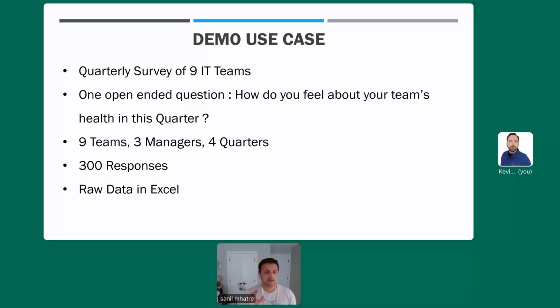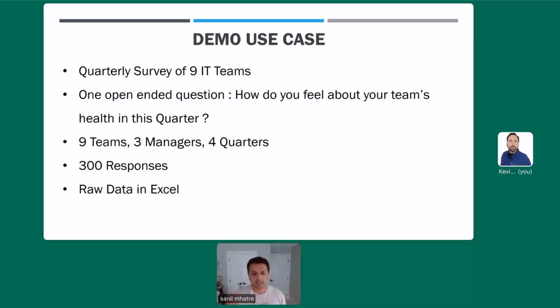Folks from last year might remember this is the exact same demo data that we had for the sentiment analysis use case as well. So I'm using the same data. This is real life data from my organization.